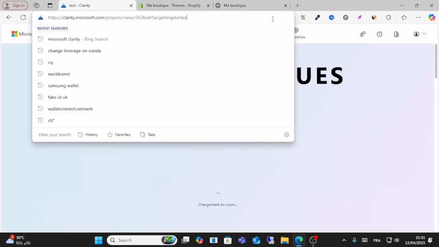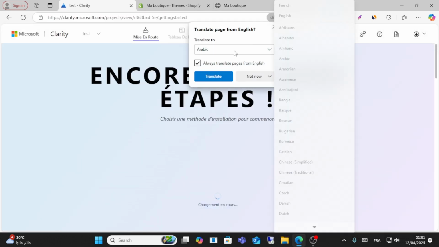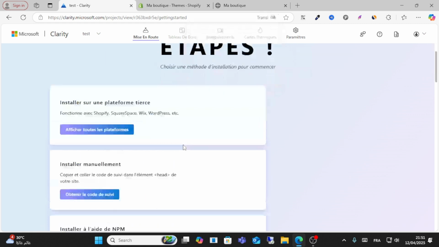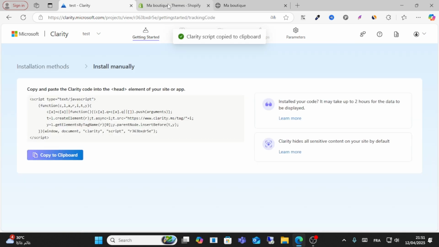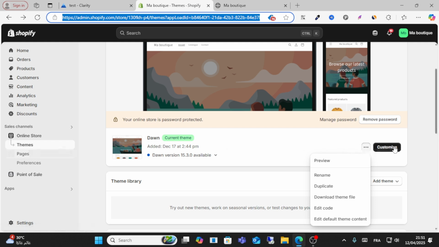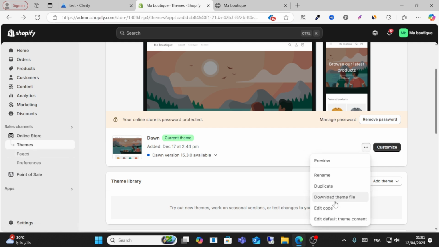As you can see here, after that you see this option, Get Tracking Code. Copy this code. As you can see here, the code goes in the head element. Copy this one, go to Shopify, go to Theme, from Theme go to the three dots here and click Edit